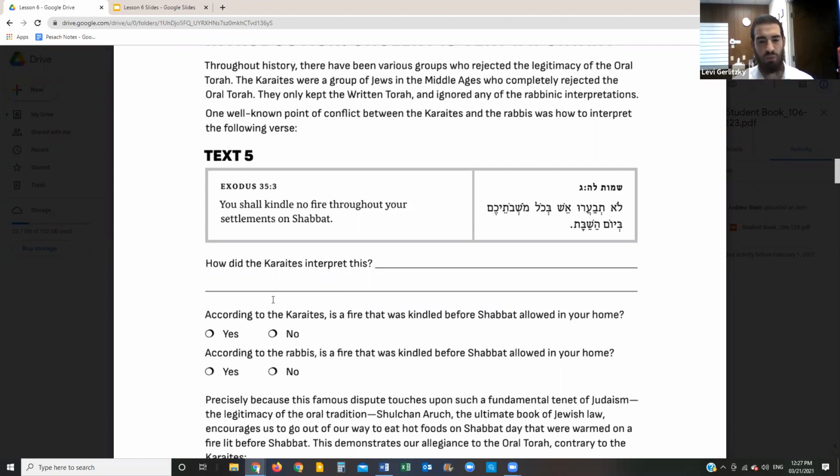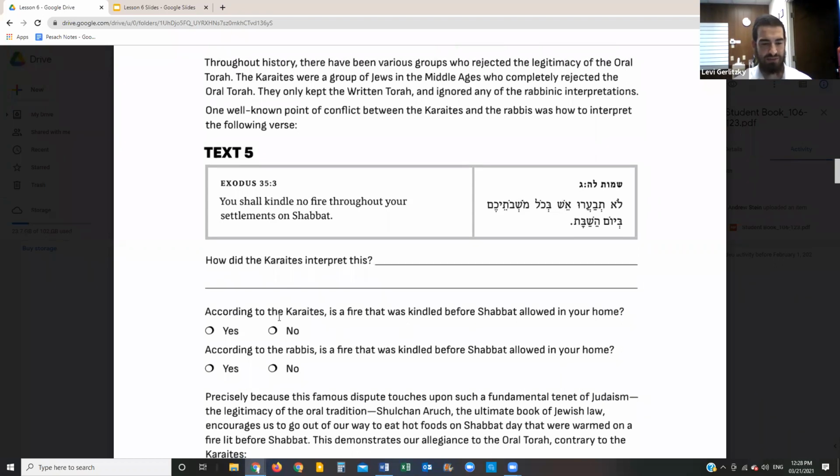So because we read the verse in this way, and there were others that disagreed, intentionally, because of this dispute, we're trying to show that we believe in the tradition that was passed down from Moses on the interpretation of the verse, and we intentionally want to eat hot food on Shabbat. So let's read,